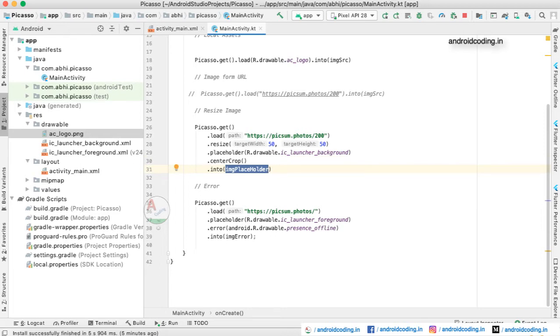And the third variant is for when you get any error in loading the image. Here we have seen a placeholder, and the work of the placeholder is that till your image is being loaded, the placeholder will occupy that particular place with the image which we have provided in the placeholder tab. Once the source is not able to load the image, the placeholder will be replaced by the error placeholder. Here you can see we have also provided an image, and that will be loaded into our image view. So now let us try to see the output once.